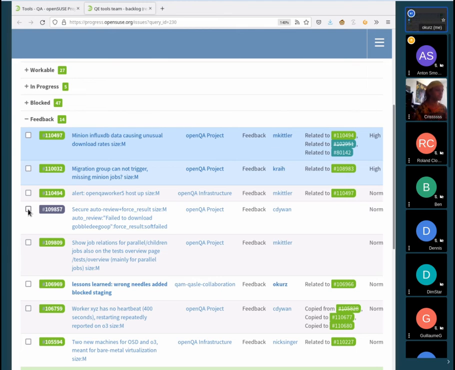And Anton, you already answered the proposal I recorded on the original story about making auto review and force result more secure, which is basically acting upon the suggestions that we do there, like a separate project with a separate tracker and a separate set of users that are allowed to use that tracker.